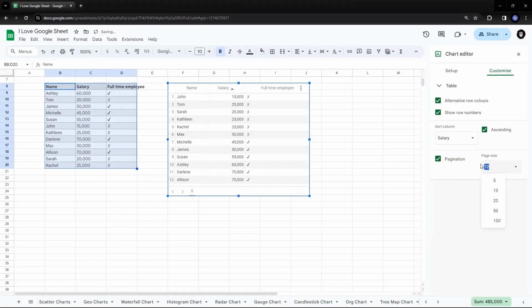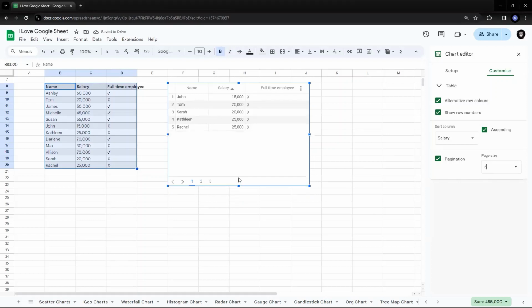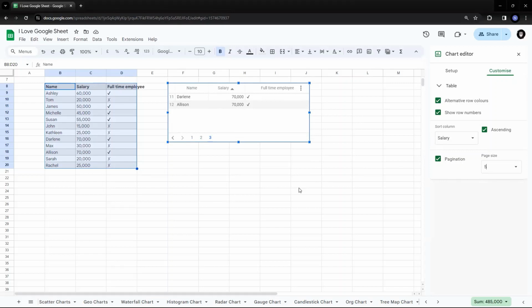Or I can just go to the page size and say 5 records. So I'll get 3 pages. Yes, in each page I have 5 records, the second and the third. So this is how you use